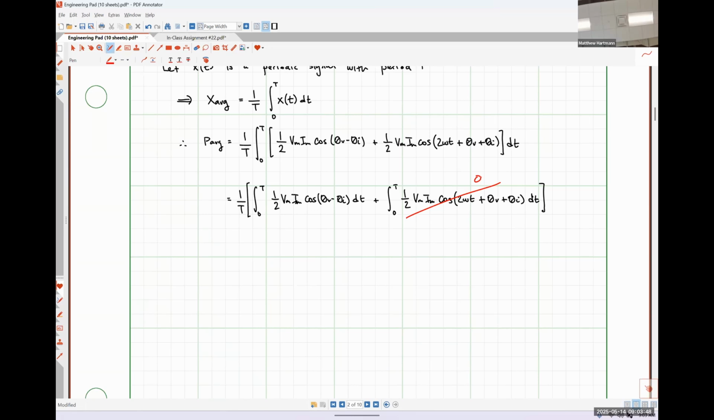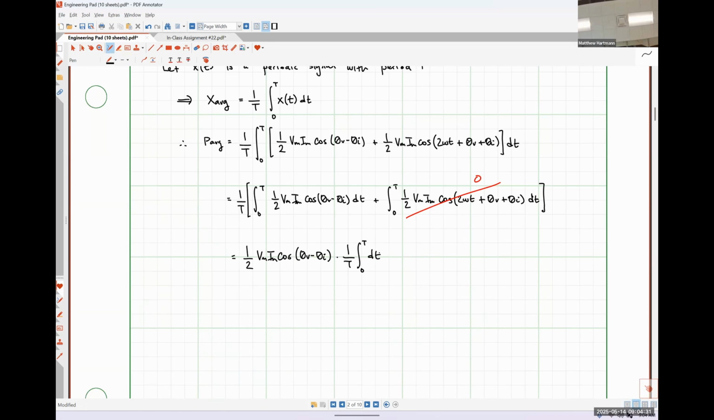So realistically, our average power only depends on the DC portion of our signal, which is what we inferred when we were looking at the graphs. All of that stuff right there is a constant, as we've already discussed, so I could move it completely out of the integral. I would wind up having 1/2 Vm Im cosine of theta v minus theta i, multiplied by a factor of 1 over T multiplied by the integral from 0 to T